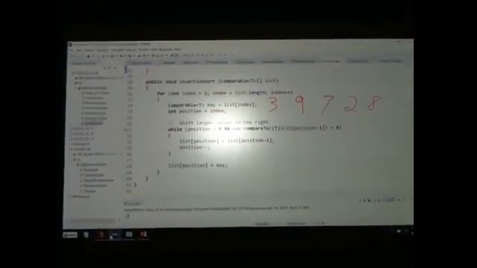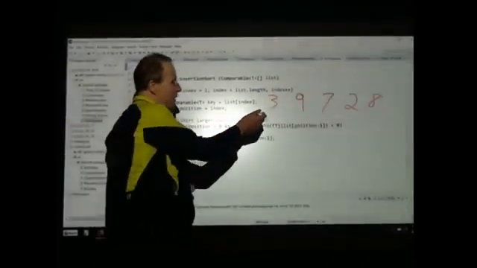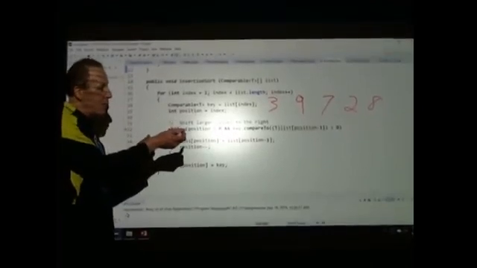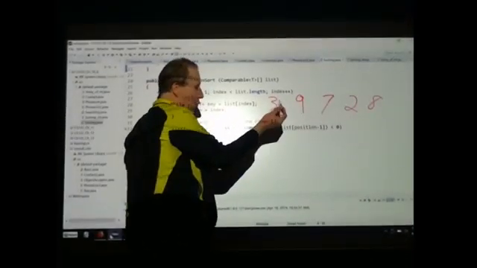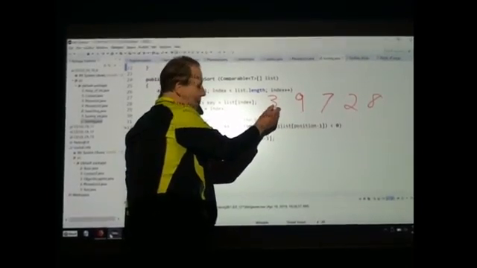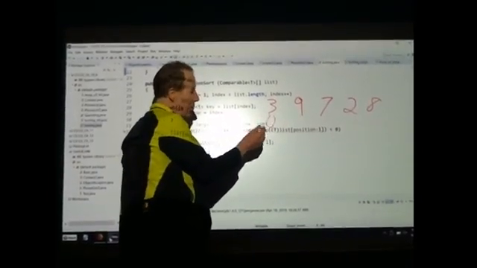Okay, so start out with 3, and then remember that you're comparing the thing to the element that is to the right of what you're checking out. So 3 compared to 9, 3 is already sorted. So 3 is sorted already. So then